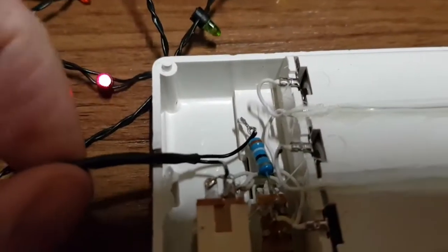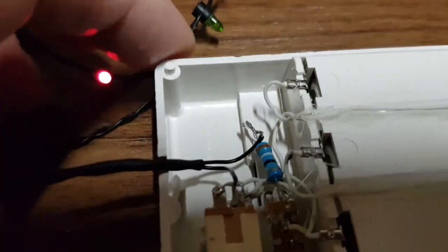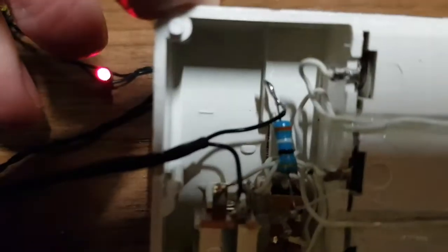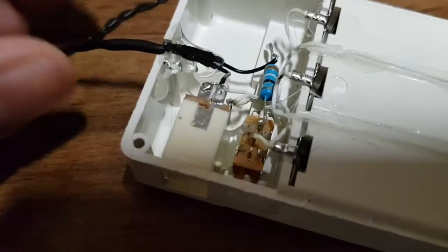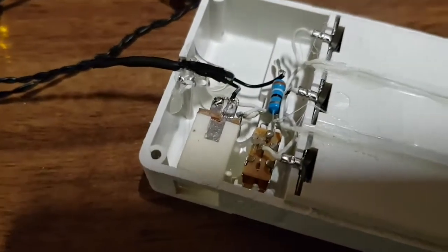So what I'm going to do now is just put a touch of hot glue around here to hold the wires in so they don't pull out again. Yeah, famous last words. And we'll see what it looks like after that. Right, so I've bunged some hot glue on there. And before it sets, I'm going to put the lid on. So lid goes on